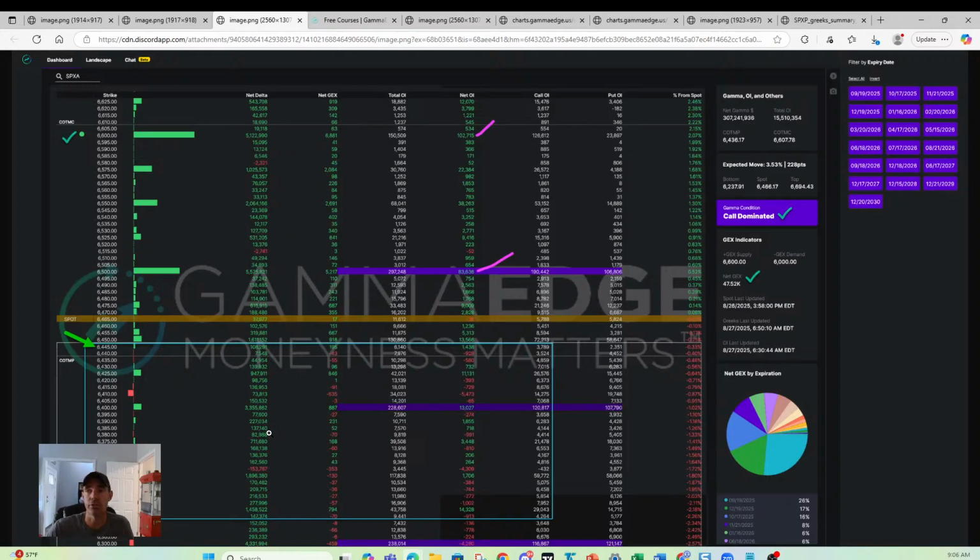So again, if this structure continues to be green, net delta above and below spot price, call dominated, we would look for supportive type action on any pullback unless this starts to really fall apart or degrade above or below spot price. As of now, 6,500 looks like that key target to the upside. And then you also know PGEX has moved up to 6,600 via the SPXA. So again, call speculators are still speculating higher within this overall structure on out in time post September OPEX. And then transition really has not changed much day over day or week. So again, staying above this transition will continue to be supportive. You see where spot price was at the close yesterday.